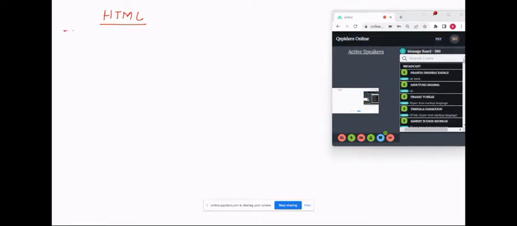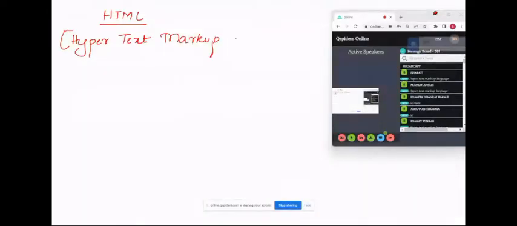HTML stands for hypertext markup language. Okay, HTML stands for what? HTML stands for hypertext markup language. It is a language